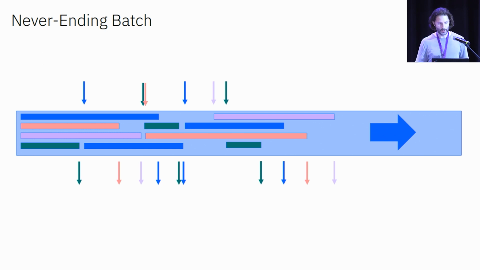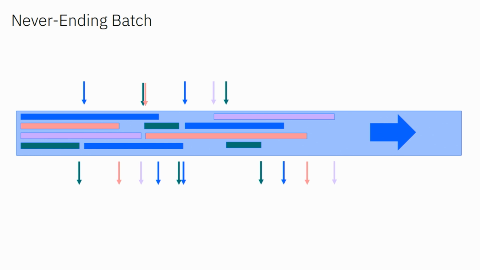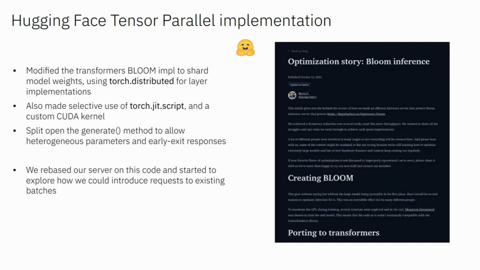Yeah, a lot of the optimizations are centered around how to best deal with the KV cache, because manipulating the cache is a large amount of data in the GPU. That's one of the main overheads. So going back to our Bloom as a service, we were looking around at the time for how we could improve this, and Hugging Face came out with a blog of how they had done this. They made their own tensor parallel implementation, and